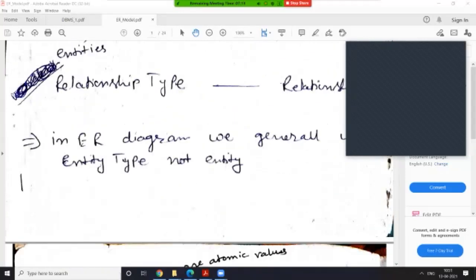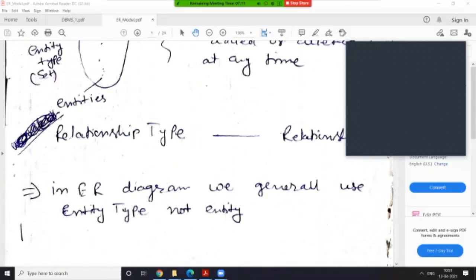Fine. Did you understand this much or not? Is this clear? First let us just take the attendance. Then if the time allows, we will further discuss. This is the basic thing from where you must start your understanding, that is the concept of the ER diagram. Did you understand this much? Any problem?